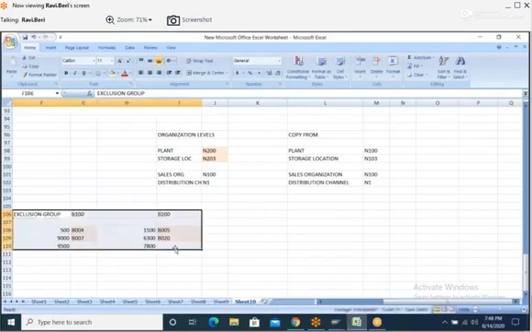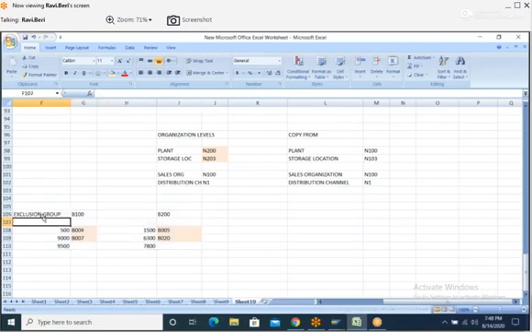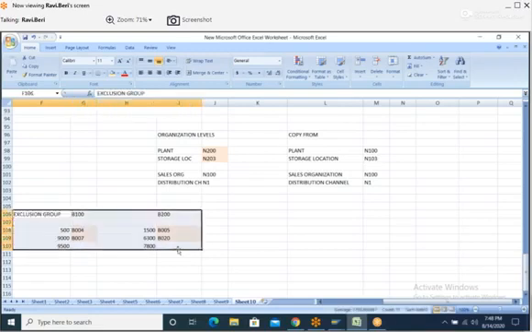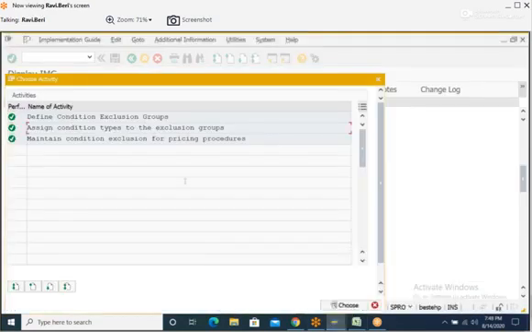Did you take this example? Yes, sir. If the client is asking this, then I am doing configuration for this. Assume that the client is asking this requirement. In one group they want these 2. In another group they want these 2 conditions. So for that I am doing configuration. It's only an assumption as per this example. That is the reason I asked you to take this example. Did you take it or not? Yes, sir. Okay. So for that we are doing a configuration now.